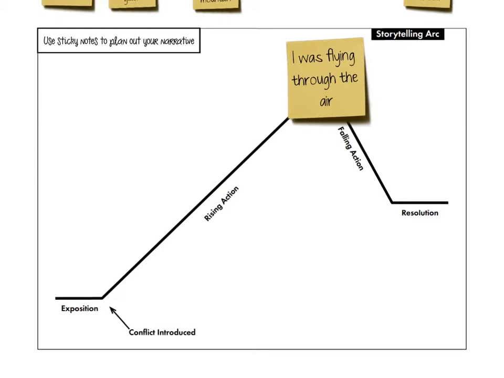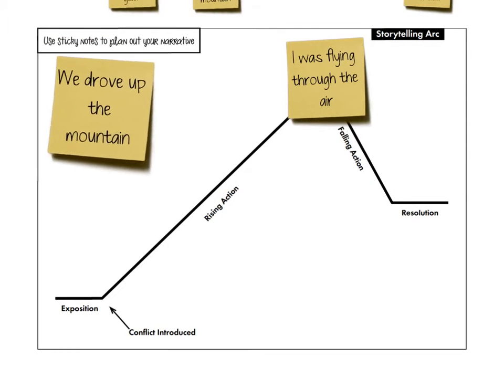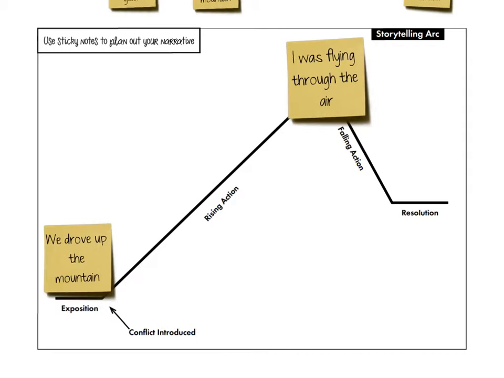The falling action does not have to be literal. In mine, it will be. Yours can, yeah. So I started off with driving up the mountain. We were in a van. I can remember going really fast, and we were going up the mountain. I can remember that really well, okay? For mine, it works really well because I started at the bottom of the mountain, I went up the mountain, and then I came down the mountain. So it worked really well for me, but your story might be a little bit different.